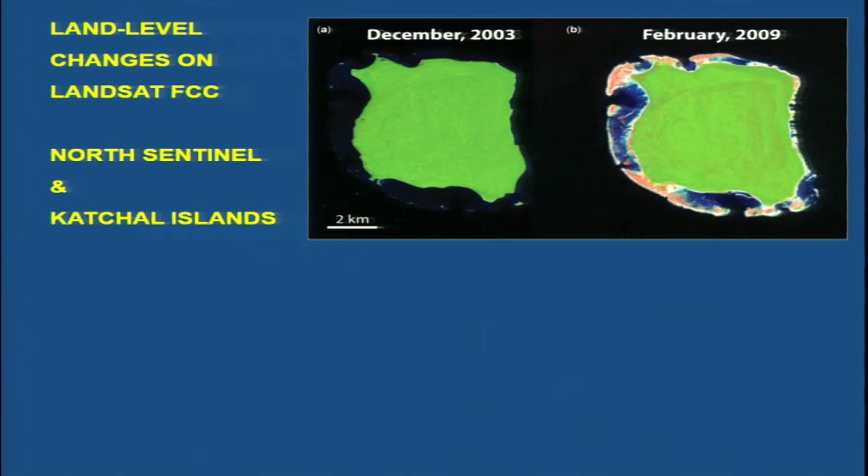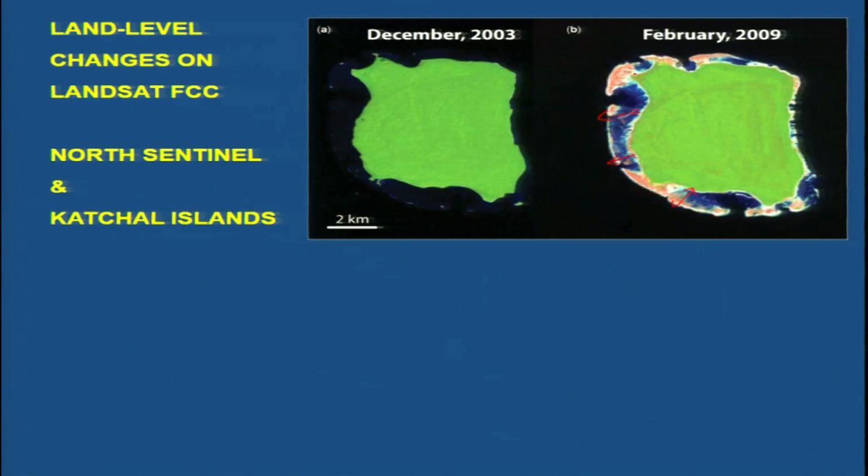So this Landsat image shows that the North Sentinel Island was uplifted because you can see here there is a gaining of some land, some new reefs or some new beaches and some shore platforms.